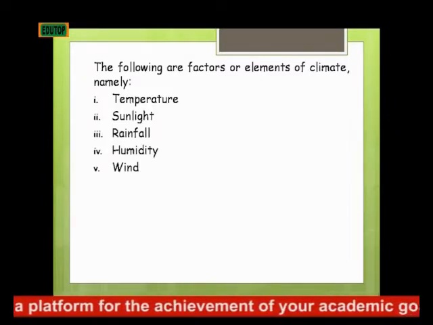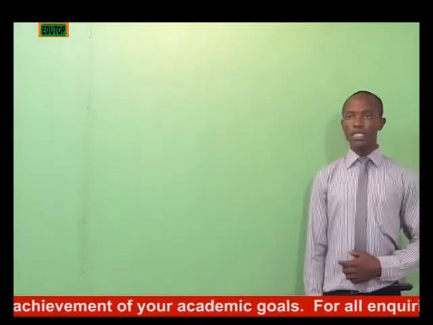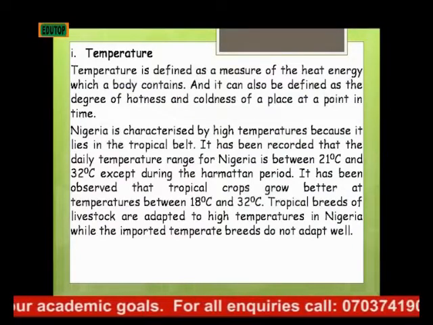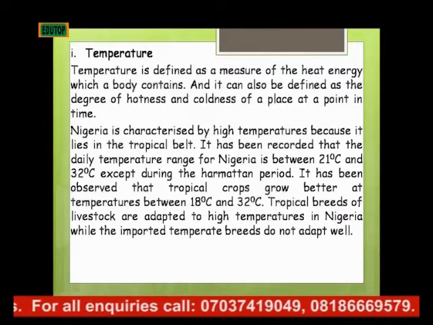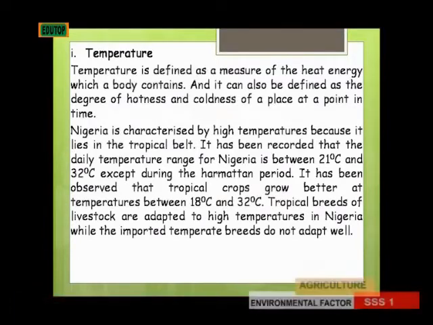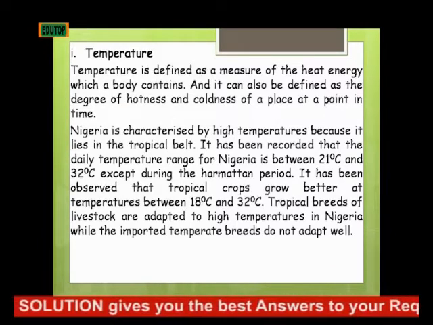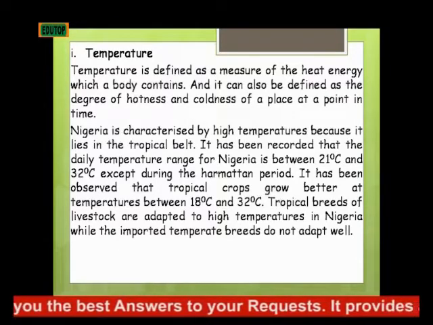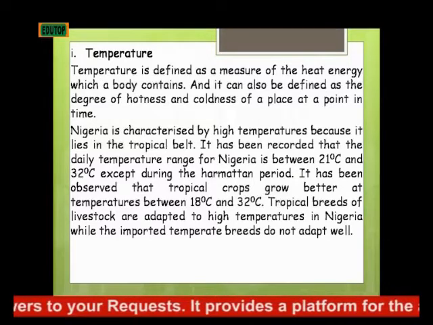We'll now be taking them one after the other. The first one is temperature. Temperature is defined as a measure of the heat energy which a body contains, and can also be defined as a degree of hotness or coldness of a place at a point in time. Nigeria is characterized by high temperature because it lies in a tropical belt. It has been recorded that the daily temperature range for Nigeria is between 21 degrees centigrade and 32 degrees centigrade,